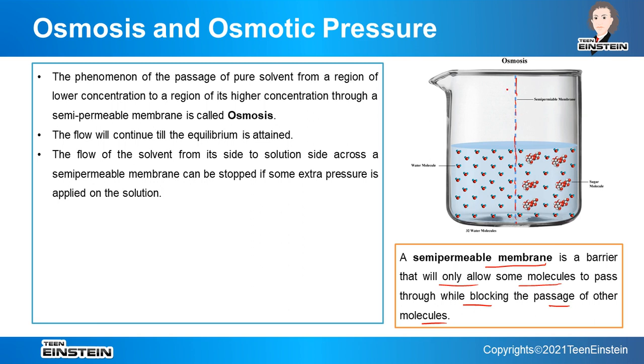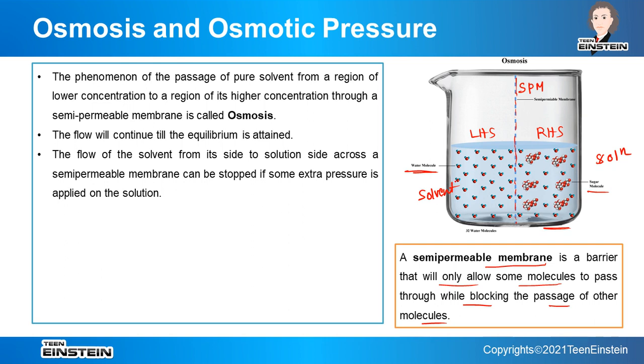So here we have taken a semi-permeable membrane, that is SPM, and on the left hand side we have only water molecules. Okay, and on the right hand side we have sugar molecules as well as water molecules. That means this side we have solvent and this side we have solution, so here the concentration is high. So when we are separating pure solvent and solution with some solute through SPM,